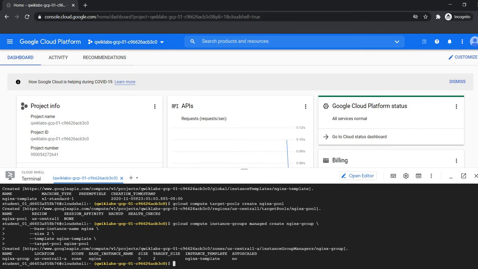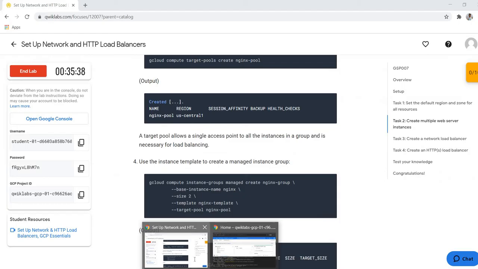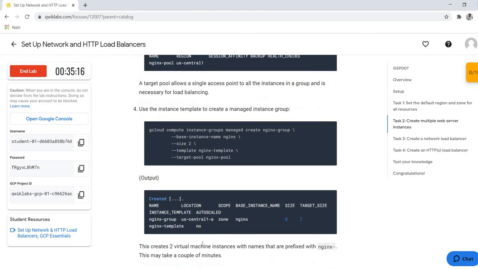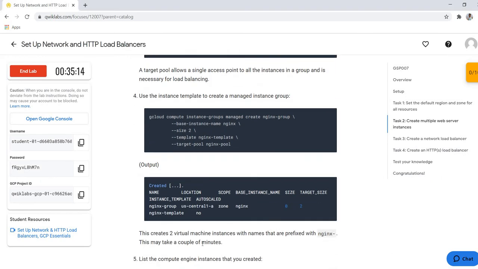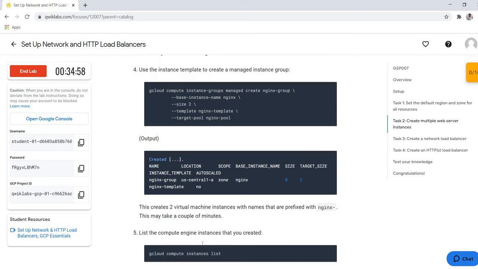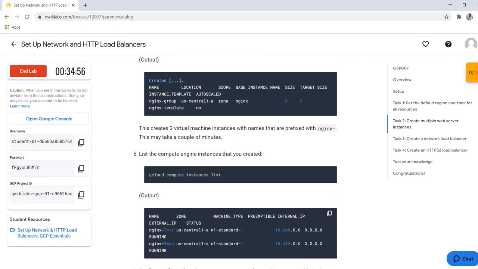So here we created one instance group with the template. Because in the classroom we have carbon copy, with the help of carbon copy we create as many sketches as we want with the help of that template. Similarly here, it is easy to create multiple VM instances with the help of a template.